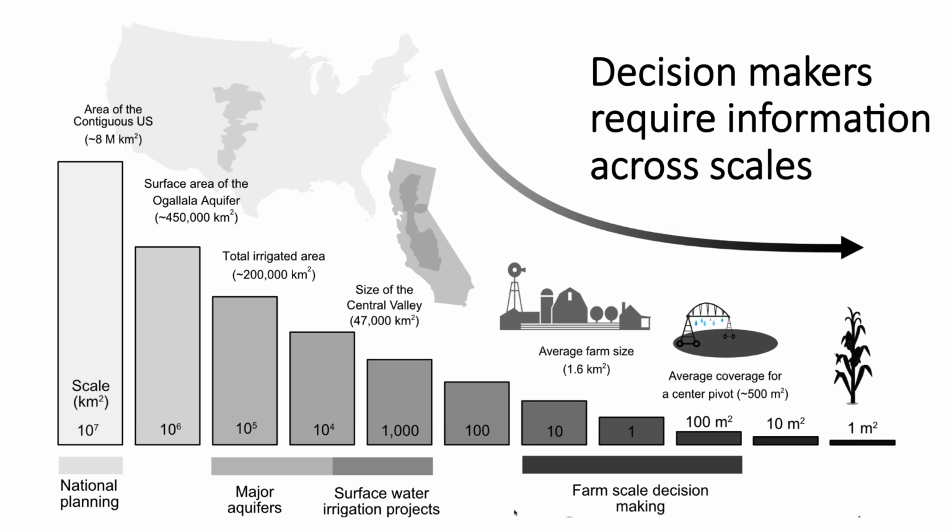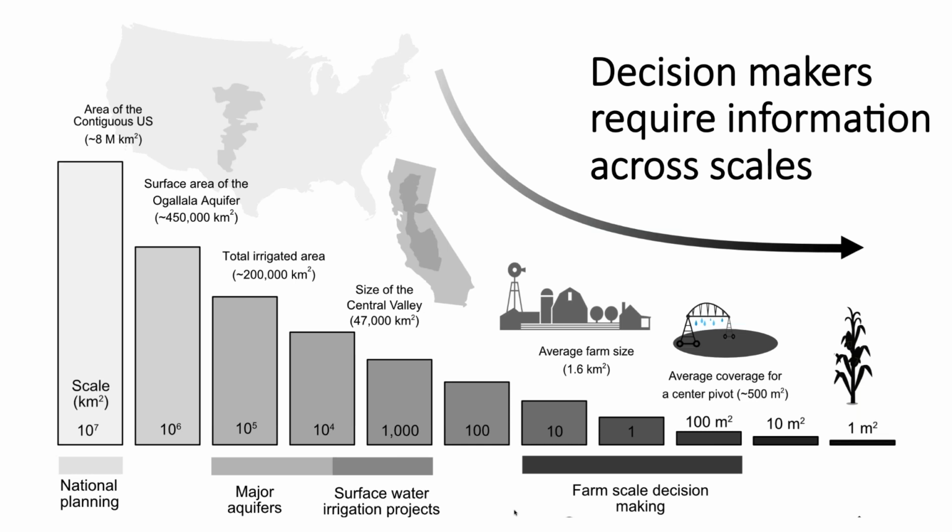If you think about the crop scale, we can be at the meter scale or the sub-meter scale. For things like irrigation decision making, if you're turning on and off a center pivot, the average center pivot is about 500 square meters. In the U.S., the average farm size is about 2 square kilometers. So these are all pretty high resolution. At the global scale, less than a kilometer resolution counts as hyper resolution. So hyper resolution decision making for individual water managers,